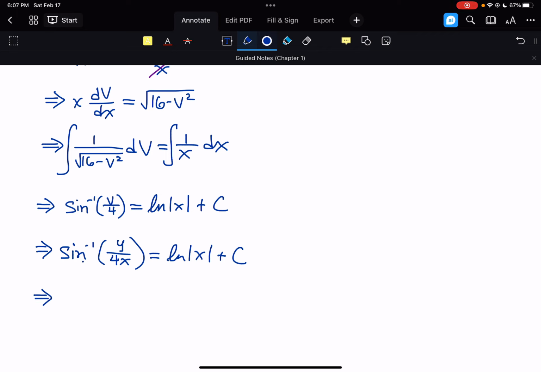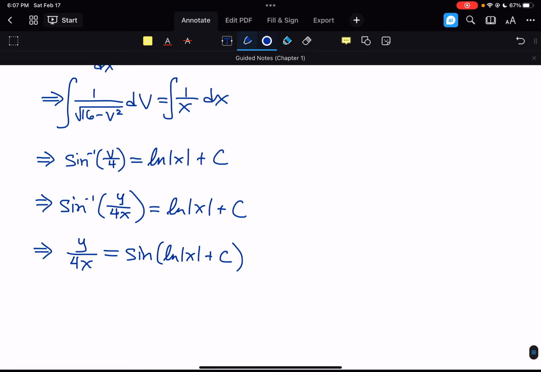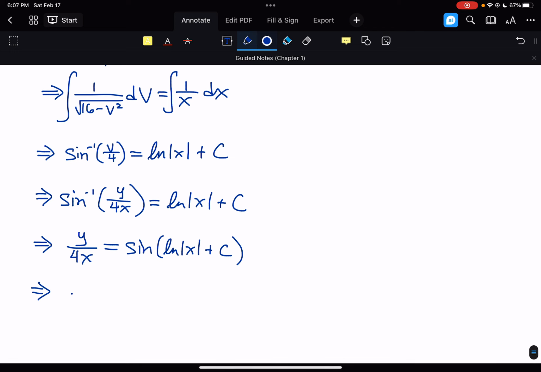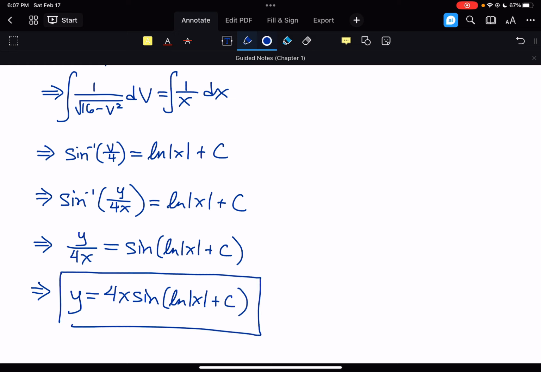To get rid of the inverse sine, we need to take the sine of both sides, right? Because then it'll undo this. So we'll have y over 4x over here is sine of ln of absolute value of x plus c over here. And then multiply the 4x across. So we'll get y equals 4x sine of ln absolute value of x plus c. And that will be the general solution to this homogeneous of degree 0 differential equation, solved using the method of